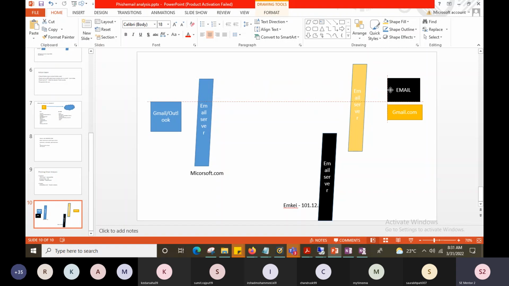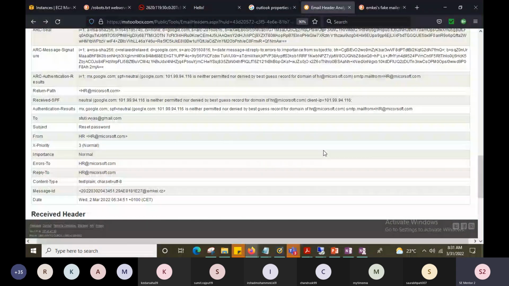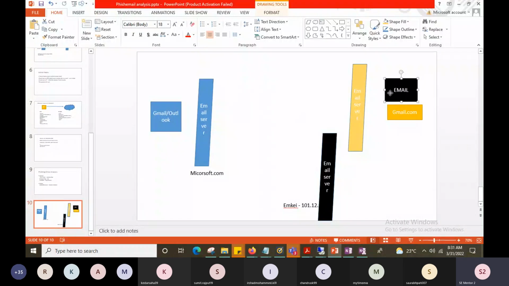Yes, right. By looking at it, I got to know that it is sent from mycoursesoft.com, by the looks of it only. But when I actually checked the header, it had some other IP address, and a different domain name. This is what we saw. But